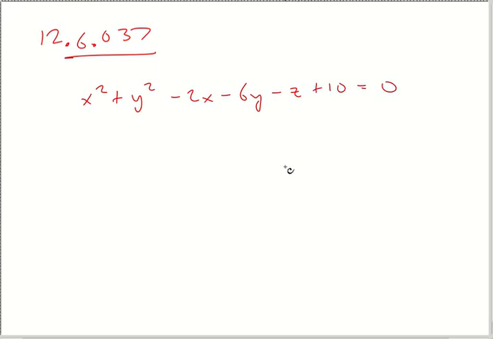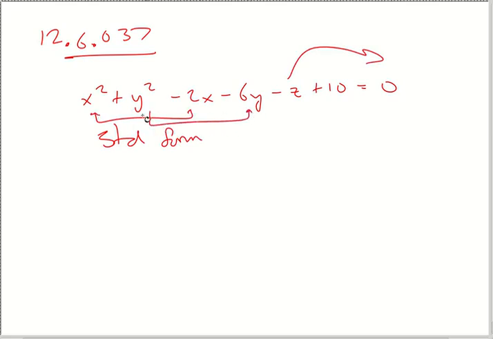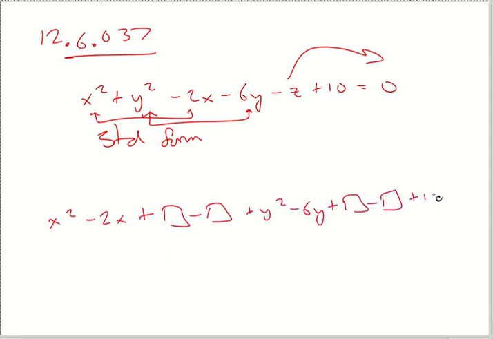They want to write it in standard form, and then we can graph it. So write it in standard form. First off, get that z over here, and you're going to complete the square with your x's and y's. So x squared minus 2x plus something minus something, y squared minus 6y plus something minus something, plus 10